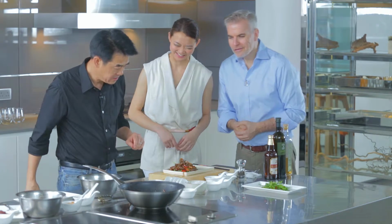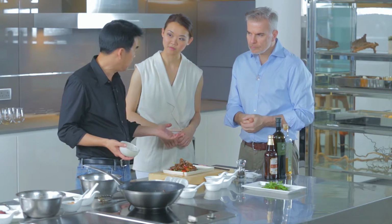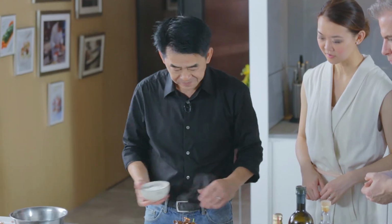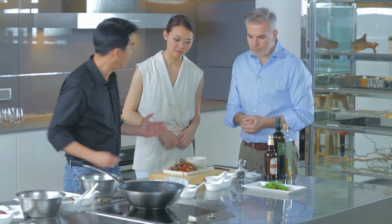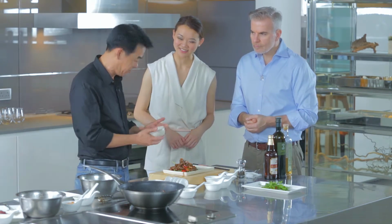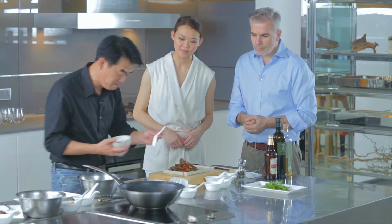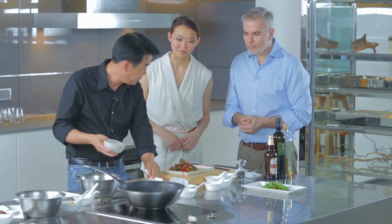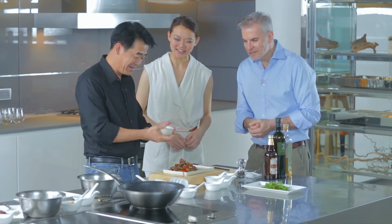Now, to finish this one, you can do sliced baguette, or you can just eat it like that. Normally, I like to make it a little bit heartier. So we've got steamed rice here, which we're going to serve on the side. You can serve it just like that, but it's nicer to have a little trick. We put the steamed rice in, and you get a little spoon. You can pat it down. Hopefully this is going to work here. So you kind of hit it, and then hopefully...